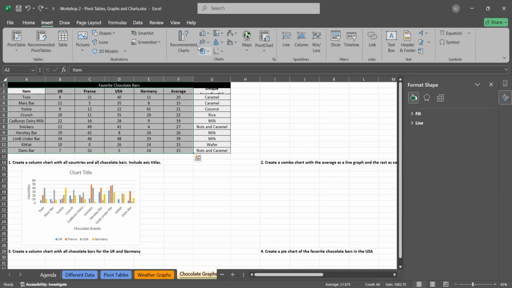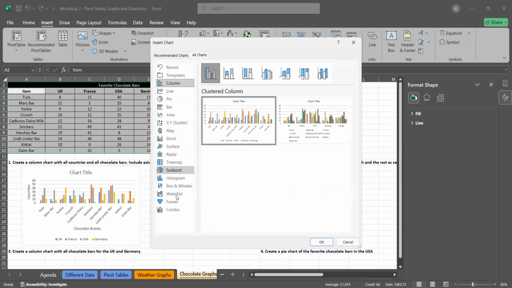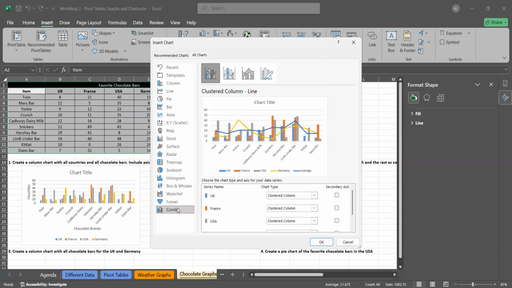We're going to go to Insert, and we're going to say Recommended Charts. Once again, All Charts, and the very last option says Combo. This is what a combo chart is. So basically, some things are shown as columns, other things are shown as lines. So we want the countries to be columns, but the overall average value, we want it to be a line that goes through it. So by default, Excel is telling us that UK, France, and the US are columns,